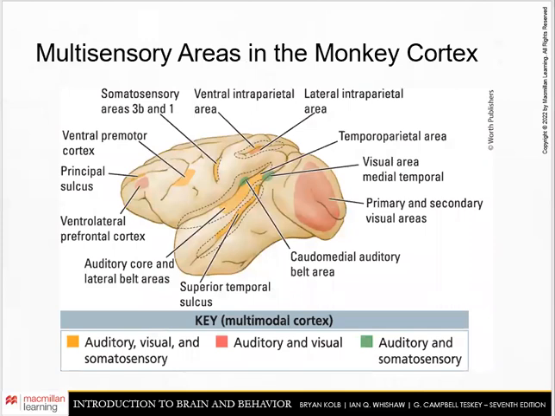Now, if we're talking about those multisensory areas in a monkey cortex, for example, in this figure, we have these color-coded areas which represent regions where anatomical data and electrical stimulation demonstrate multisensory interactions. There are these dashed lines, and these represent the multimodal areas, which are revealed when the sulci are opened. You can see some of those like here, over there.